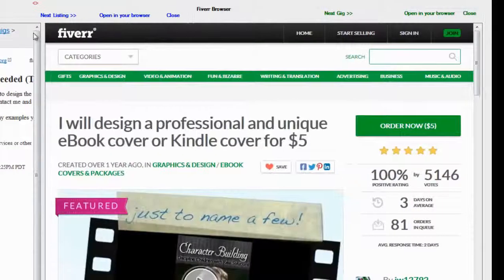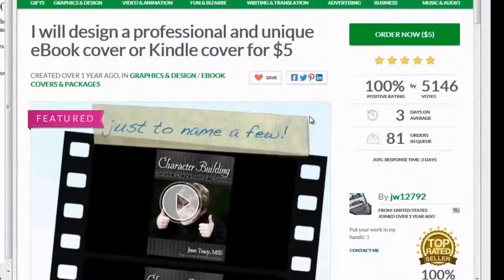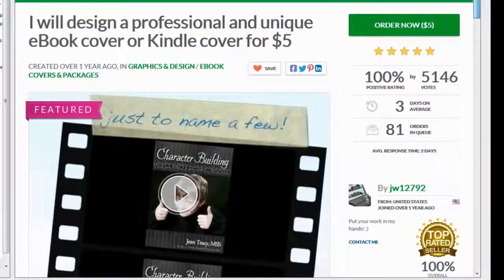Now here's the thing. There's a little more work you got to do, because you got to investigate your seller, your artist a little better here. So let's just make sure that in this case that this one does that. 100% positive, all that stuff. 3 days delivery time. Well, you got to make sure that she has an option to get it delivered in 1 day. 81 orders in queue. Holy crap. Wow, that's a lot of orders. Yeah, let's make sure here, because if she's got 81 orders in queue, you want to make sure that she's going to deliver this stuff on time.